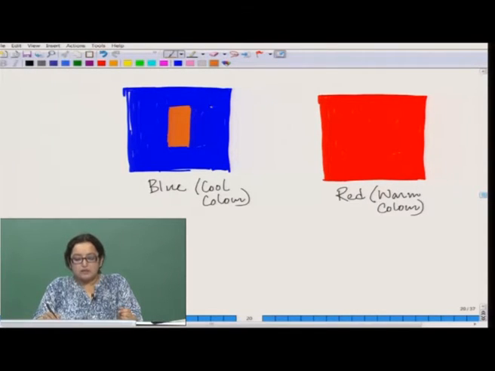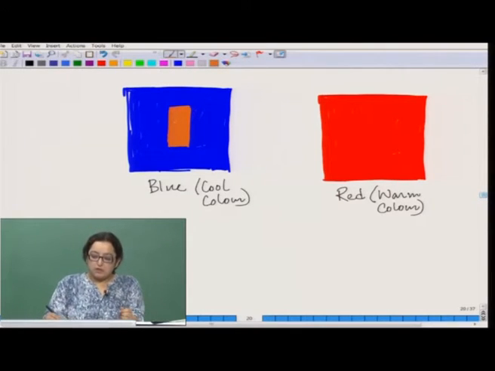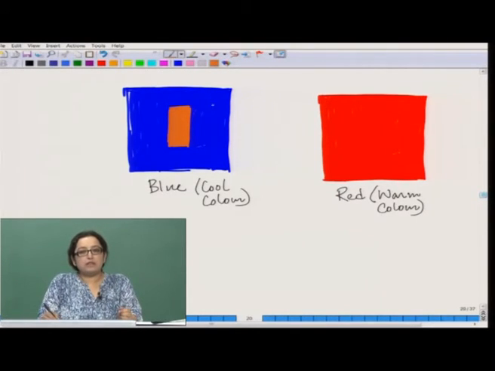Our eye does not really read it as any other color, because if we mix orange with blue, we will not get any other color that is much memorable. So, we see them separately, and it also happens that at the edge where blue ends and orange starts, we get a certain effect where our eye develops some kind of fatigue, because they have no harmony, they are very high in contrast.